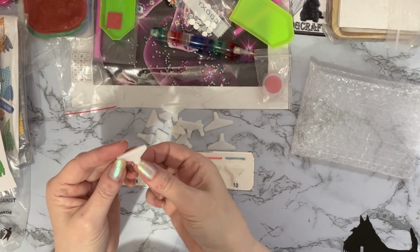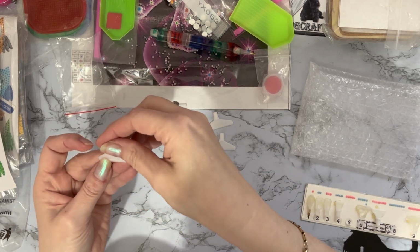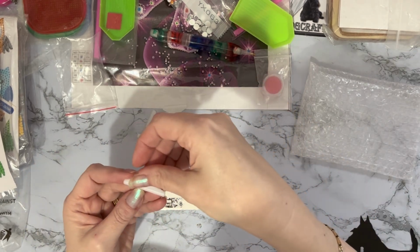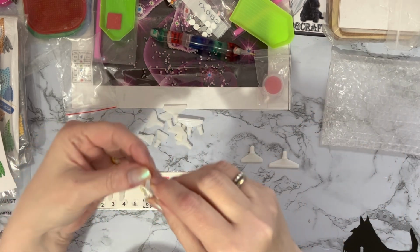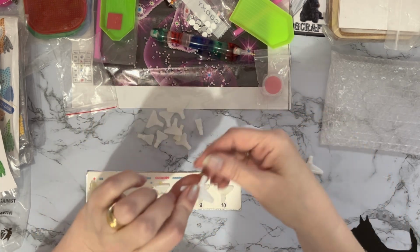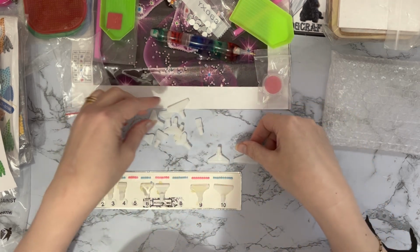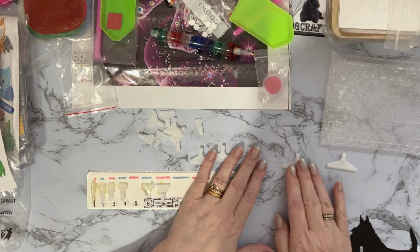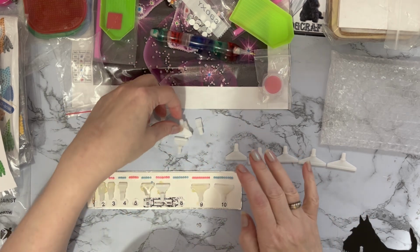Oh, they've actually got them written on, so I don't need my little card telling me what I've got. Okay, so we have, oh, I'll use it anyway. Oh, we've got an 11 placer. We've got a 16 placer. Wow. We've got, let me see, what's that one? That's a 14 placer. And that's a 13. Heck. 12, so we've got 16, we've not got a 15, but we've got a 14, 13, 12, 11,